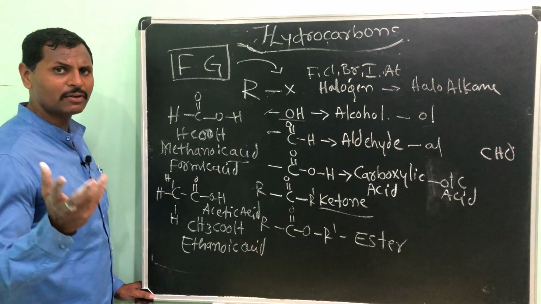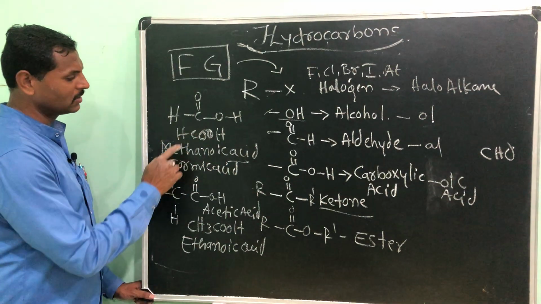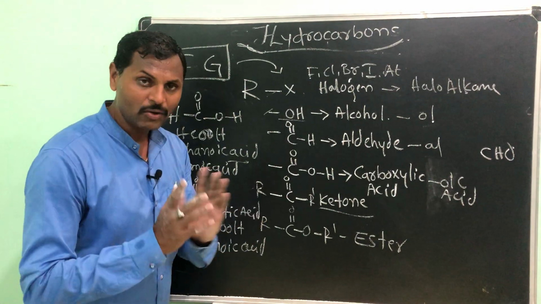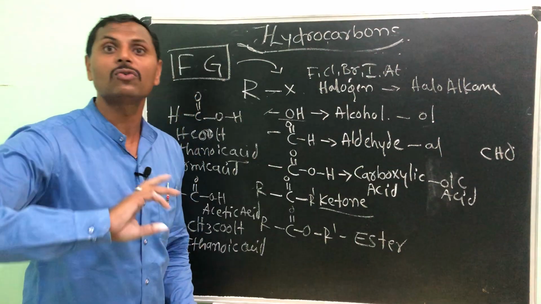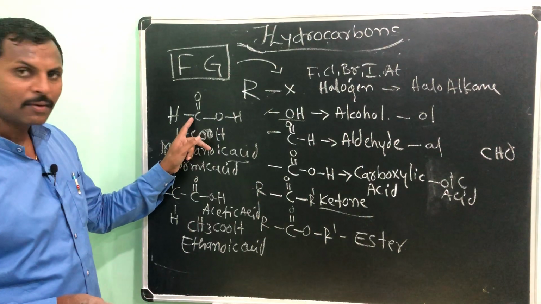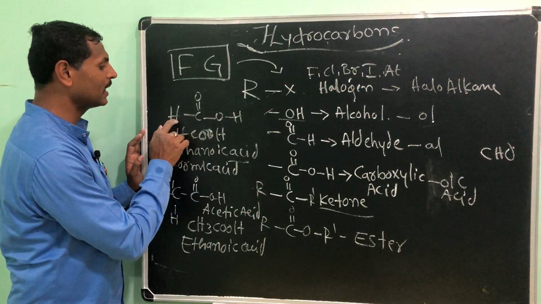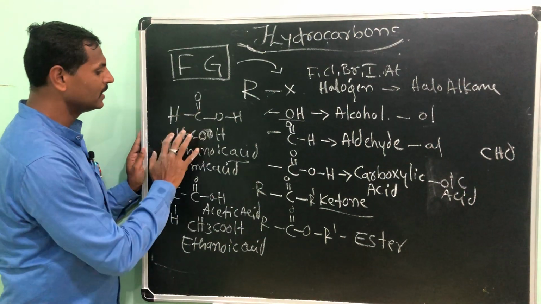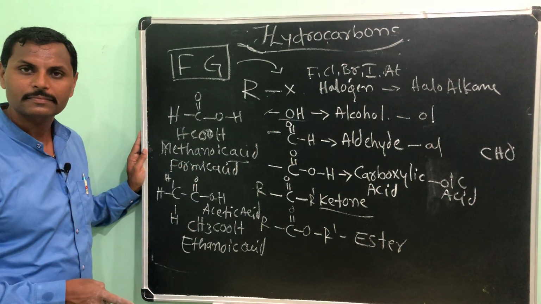I know that you are very brilliant, you can understand that this is formic acid or methanoic acid. Why only one carbon is there? Even here also, please take it down. Here also you have to count the functional group's carbon while naming. Here only one carbon, and satisfy the carbon's valency 1, 2, 3, 4. For here I am giving hydrogen. So it is HCOOH, formic acid or methanoic acid, right?